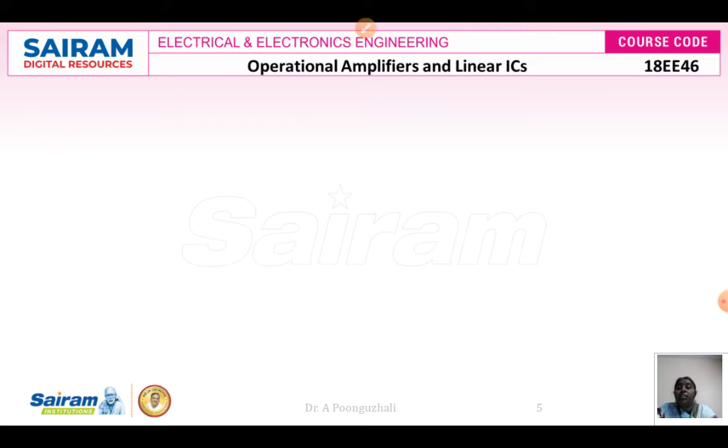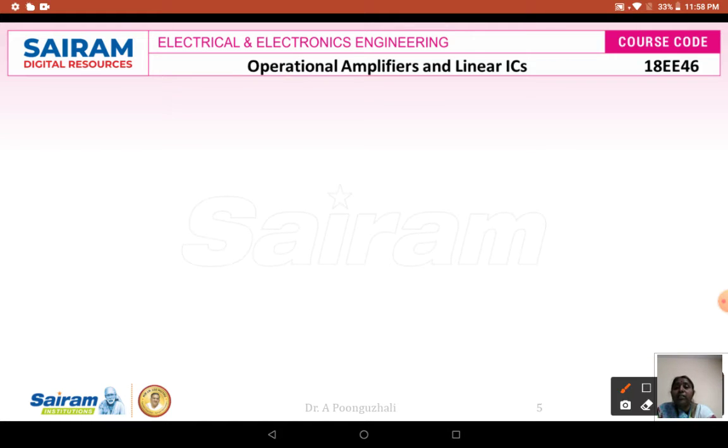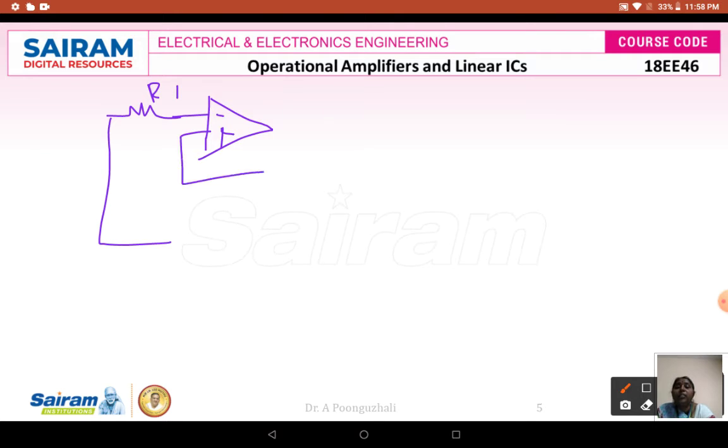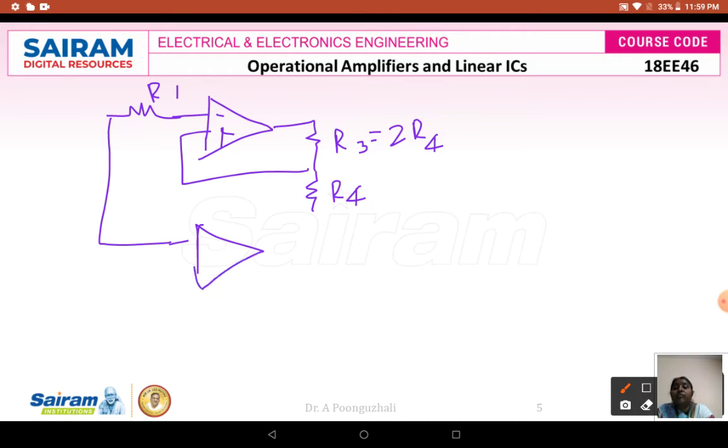So now if I draw the circuit, your circuit is going to be like this. Here this is your minus, plus. Here you are going to have your resistance R1 present. This is going to be a feedback, and here I am going to have my resistance R3, where R3 is equivalent to 2 times your R4 there. And now this is going to be a resistance R4, and here this is plus and this is your minus there. So this is plus, this is minus.